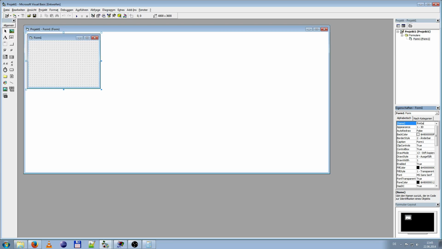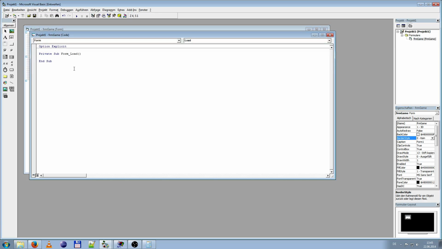So we'll call this frame game for starters, and we'll just set the border style to nothing, borderless. And as you can see in the editor, it's just a borderless gray blob now. And so if we go into form load and just say Me.Move 0, 0, screen width, screen height. So if we do this, what will happen is if we start, the window is moved to the coordinate